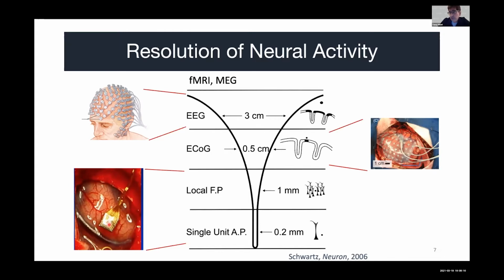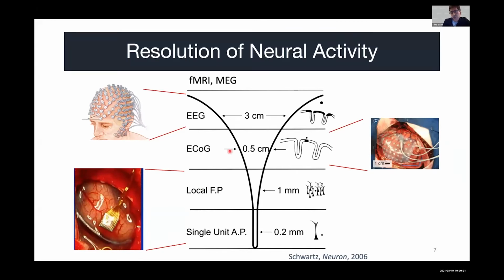These are penetrative arrays. And then we can read the single unit action potentials, which I'm also going to call spikes. And then local field potential is also recorded at the same site. All we need to do is just filter the signal in a different range and we can get the more broadband signal. And the local field potential represents the population activity in the region.